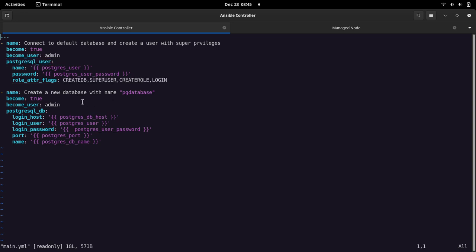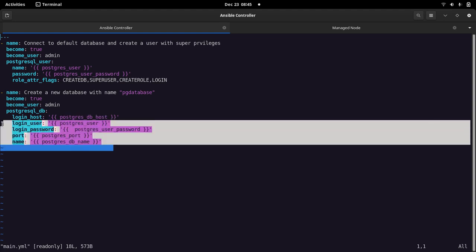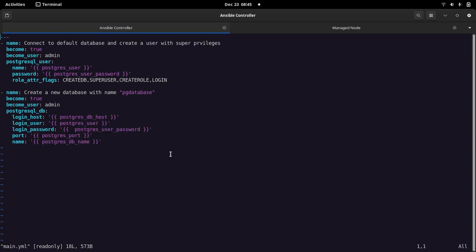So this module is going to create the user with all these privileges, and the other one is we are creating a new database by connecting to the database with the user which we have created. These variables we have not hard coded: db host I am going to utilize separately, but username, password, port and database name are configured in the vars section.